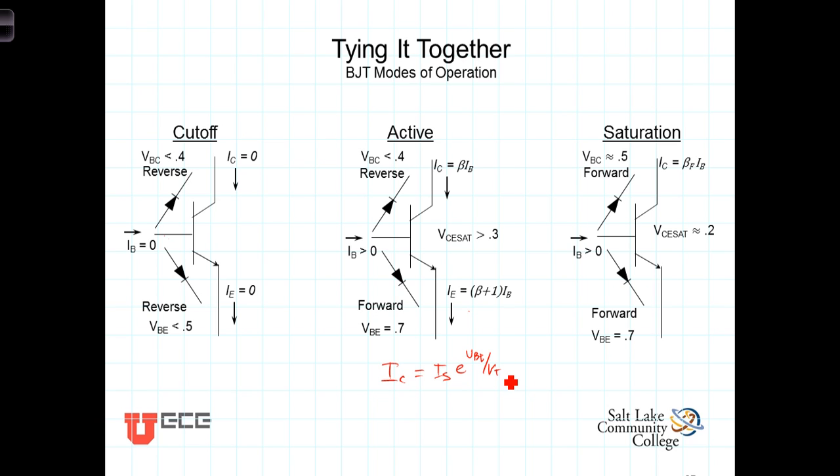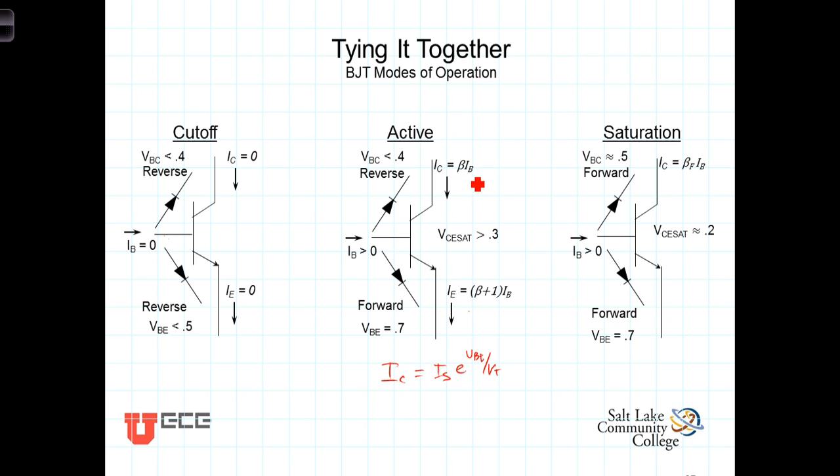I sub B is equal to 1 over beta times that, or I sub C is equal to beta times I sub B, where beta is a parameter, a quantity that is a function of, or determined by, the physical characteristics of the transistor itself. Different transistors will have different beta terms. But I sub C then is equal to beta times I sub B,